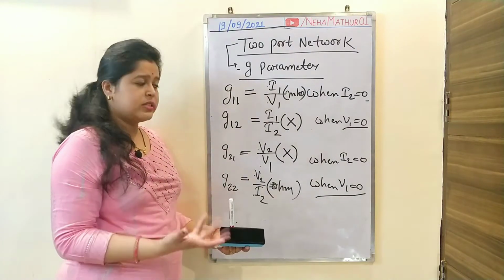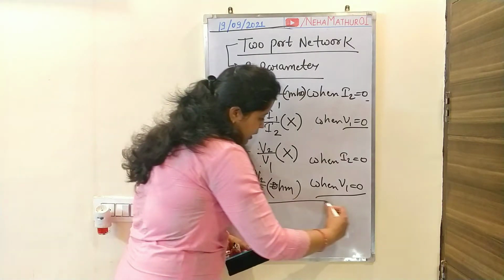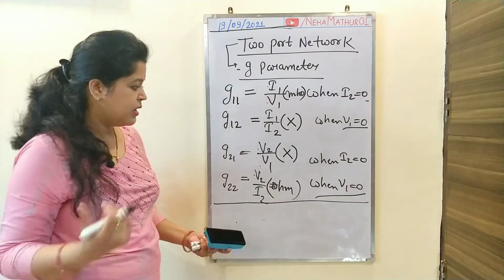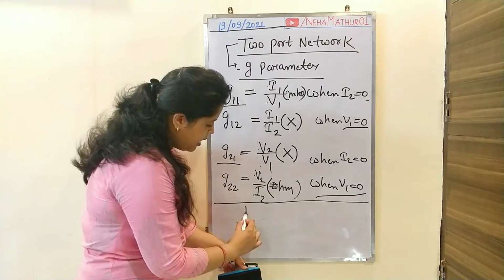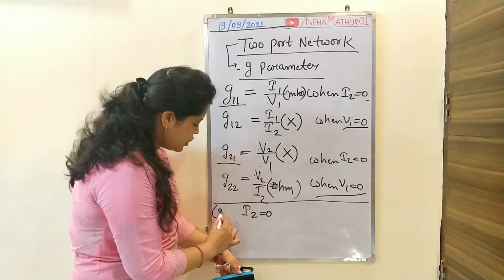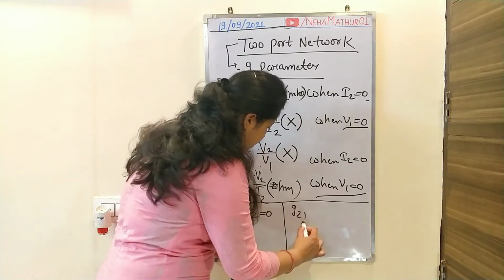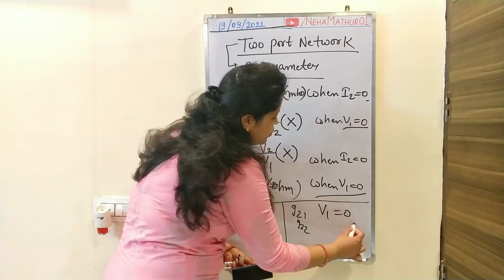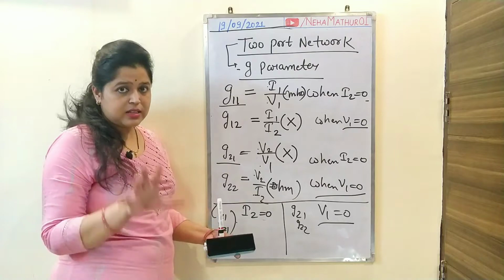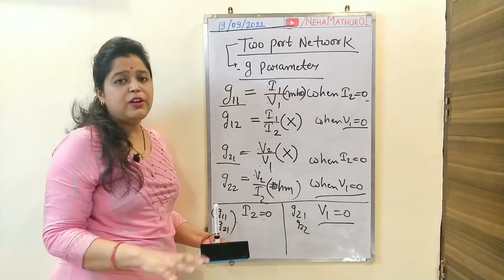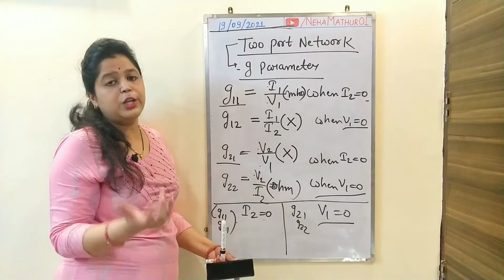Now the next is the concept of short circuiting and open circuiting of the relevant parameter. As I already told you in all the previous parameters, for the calculation of G11 and G21, I am putting I2 equals to 0. Similarly, for the calculation of G21 and G22, we are taking V1 equals to 0. And I hope if you are following my previous videos, the answer is already in your mind, what will be the approach for the calculation of these parameters in terms of short circuiting and open circuiting of relevant parameter.